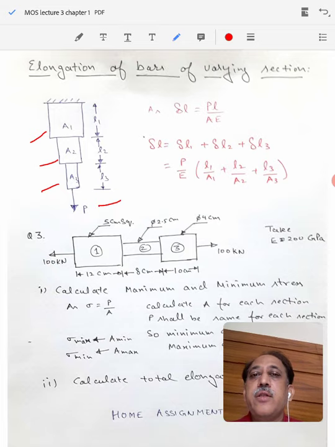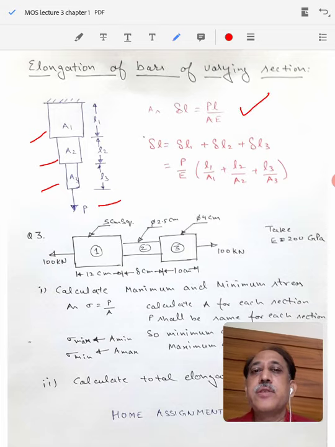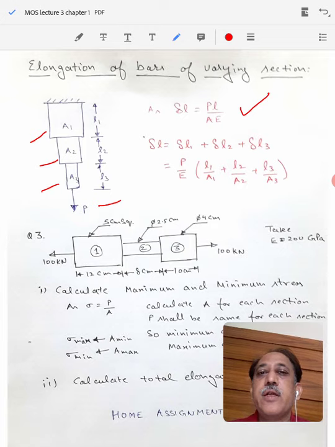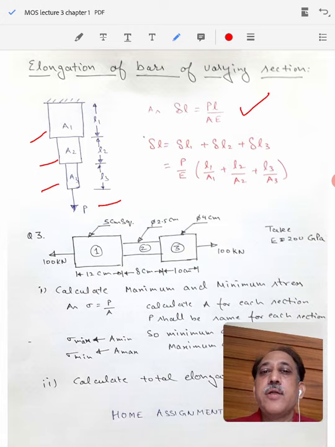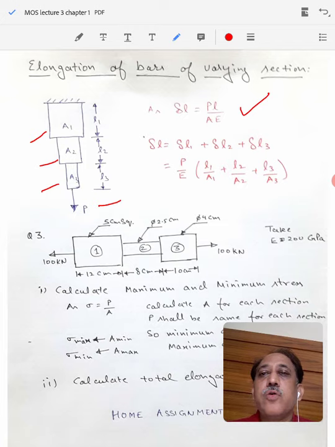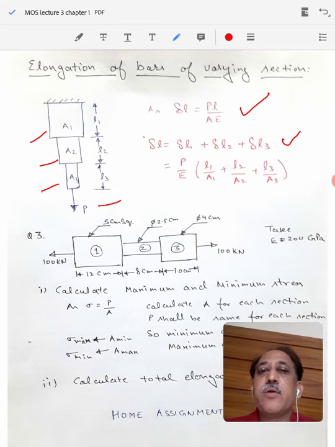We already know that the formula for the elongation of the bar is given by delta L is equal to PL divided by AE, where P is the applied load. For all these sections of the bar, the load P will remain the same, while the length and area of the bar cross section will change. So we can apply this formula and calculate the total elongation of the bar by calculating the elongation of each individual section of this